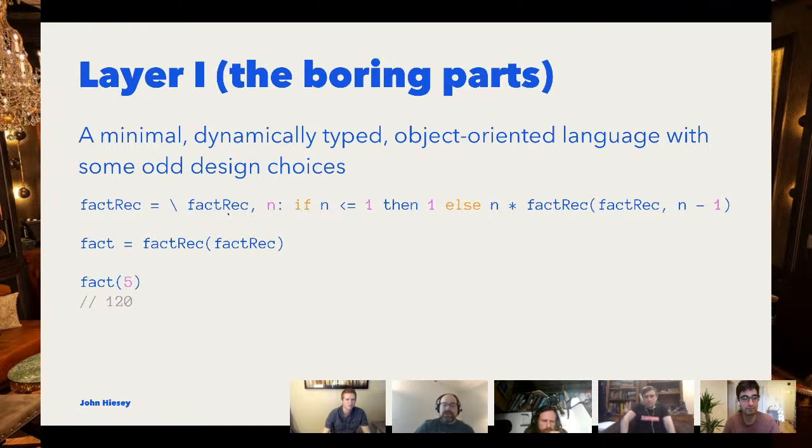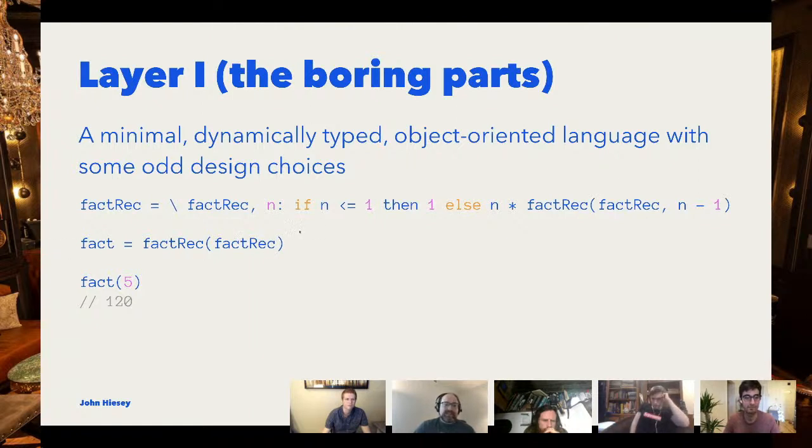So there's no way to create a circular reference in your data. I couldn't write factorial that just takes one variable because the function name isn't in scope inside. So I'm kind of forced to use this workaround.